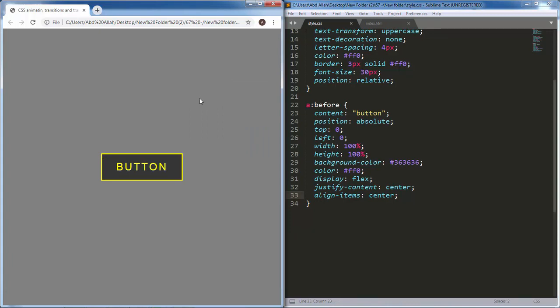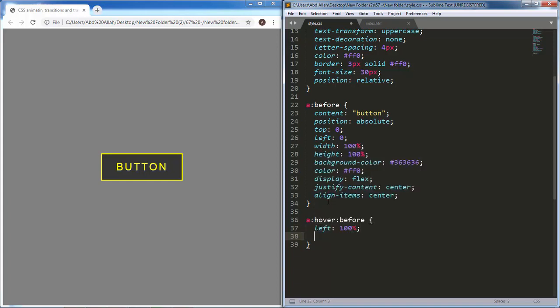Next, we need to work on the hover effect. If you remember, this background should move to the right, rotate around the y-axis, get smaller, and be transparent, all at the same time. So let's do that. I will go right here and I will say a colon hover. I want to make some changes happen to the before pseudo element. I will add left,